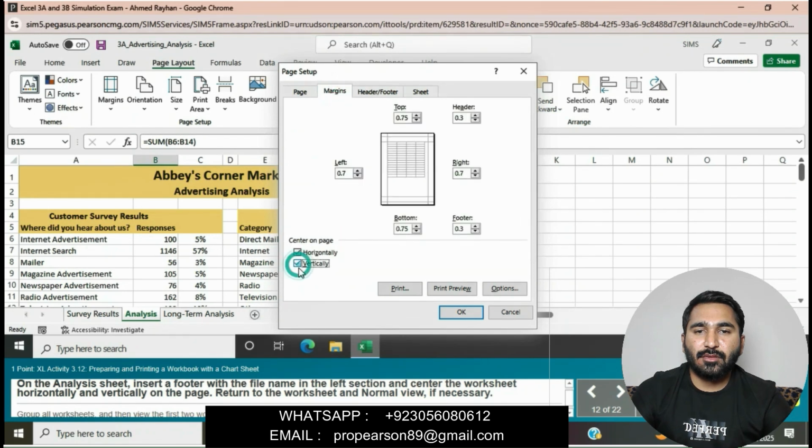Go to the page, center horizontally and vertically on the page. Return to the worksheet and normal view if necessary. First we will click on OK.